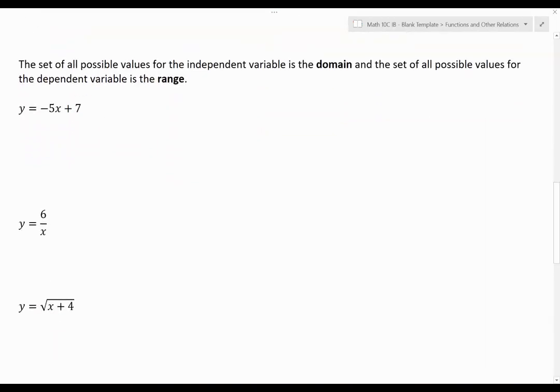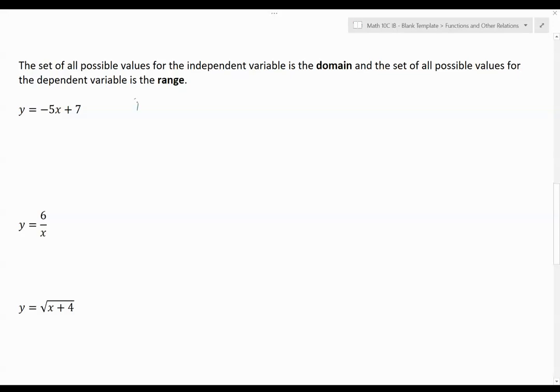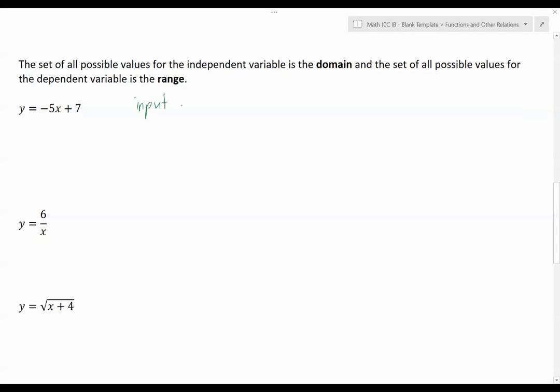So we're going to define two sets for relations. The set of all possible values for the independent variable will be called the domain, and the set of all possible values for the dependent variable is the range. So in a lot of cases, these are just going to be all real numbers. So in this first example here, this equation of a line, y equals negative 5x plus 7, my input, or therefore my domain,